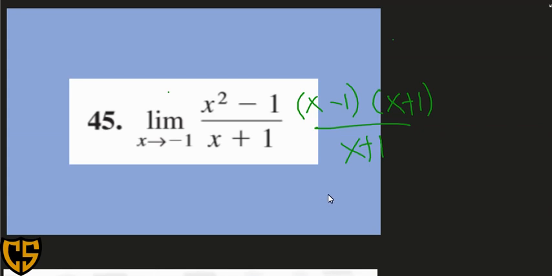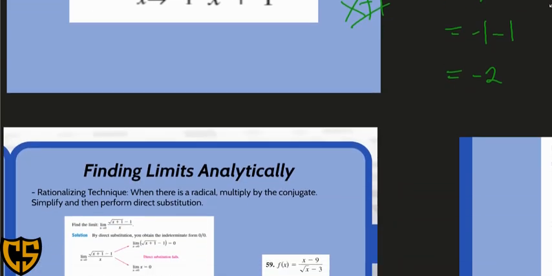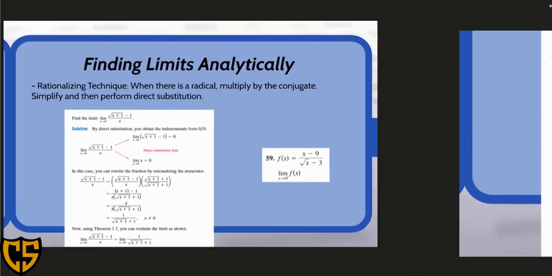Okay, this time, we know na pwede na natin makancel ang value nga x plus 1, leaving na lang sang aton nga equation nga x minus 1. So, dari kita substitute sang value nga negative 1. So, we have negative 1 minus 1 will be equal to negative 2. Okay, next one we have